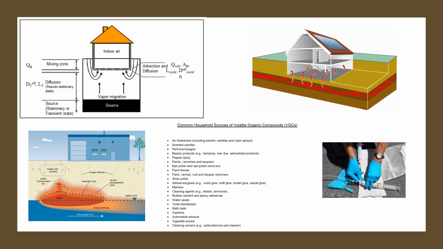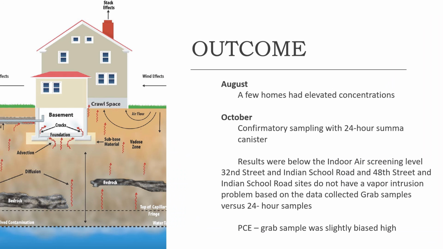We also had to contend with interferences. There are a lot of things that interfere with vapor intrusion studies. We found plug-in air fresheners our biggest problem. Every single home that had a plug-in air freshener came out above our action level. We had to go back to the homeowner, ask them to unplug the fresheners, wait 24 hours, and then resample those as well. I will not have a plug-in air freshener in my house because of the study that we did here. As I said, we confirmed the samples with the 24-hour Suma canisters.